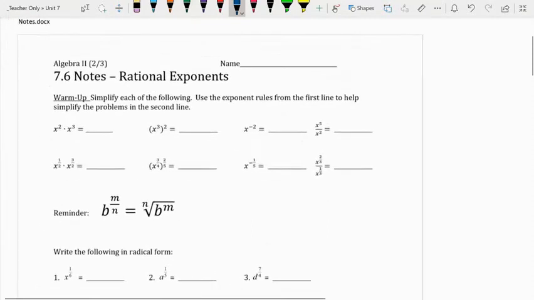Okay, for 7.6, we are going to have a little warm up here. So please pause the video and go ahead and go through those. And then we'll dive into the material. So for this warm up, we were just going to do the